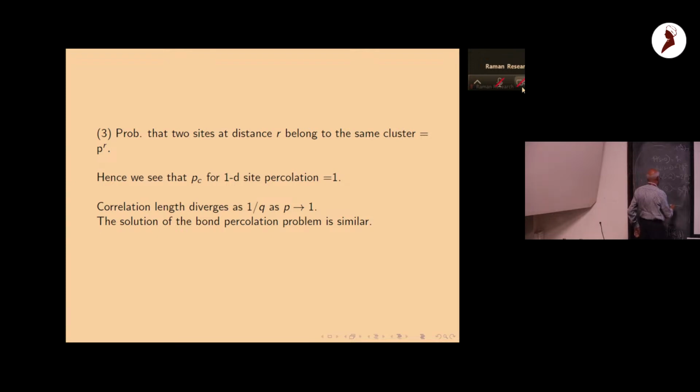P to the power S. Because this side should be present, this should be present, this should be present, this should be present, and so on. So this probability of connection AB, A is connected to B, this is a good notation,